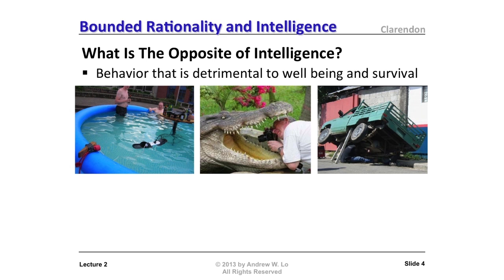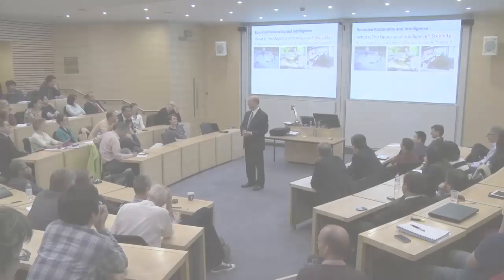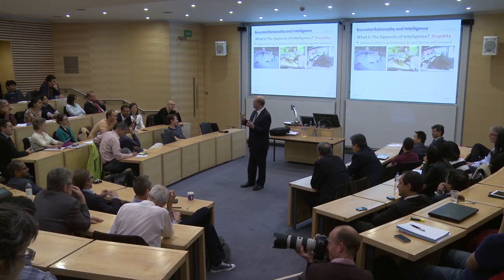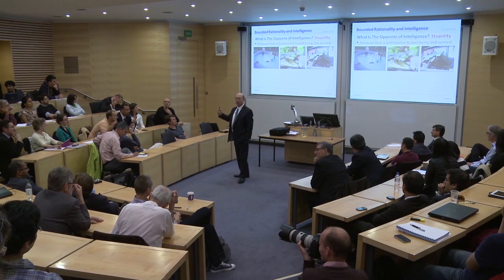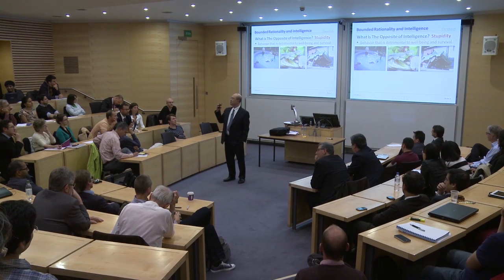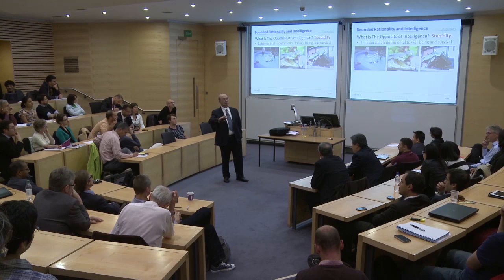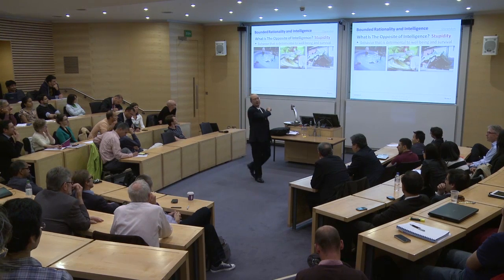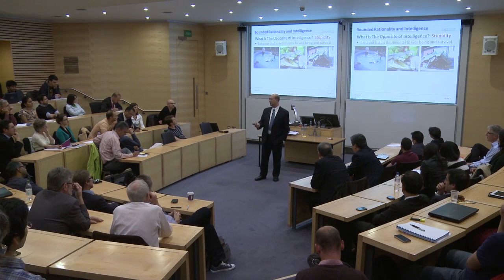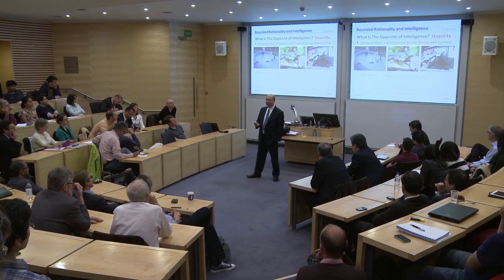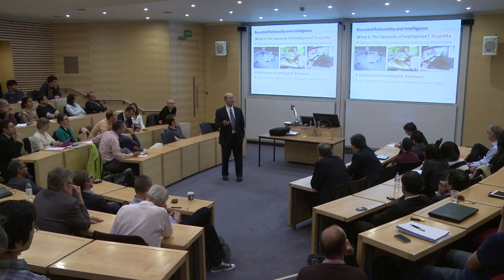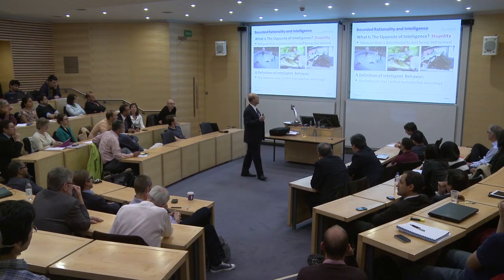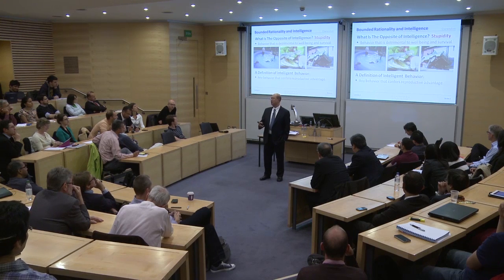And as part of the so-called Darwin Awards, a number of people win because they ultimately kill themselves by doing these stupid things. What we mean by intelligence is the opposite of this. In other words, behavior that confers a specific advantage to individuals, right? Because the opposite of that is this kind of behavior that's detrimental to your survival. If that's the case, then we have a very natural definition of what intelligence means. Intelligence is any kind of behavior that confers a reproductive advantage.